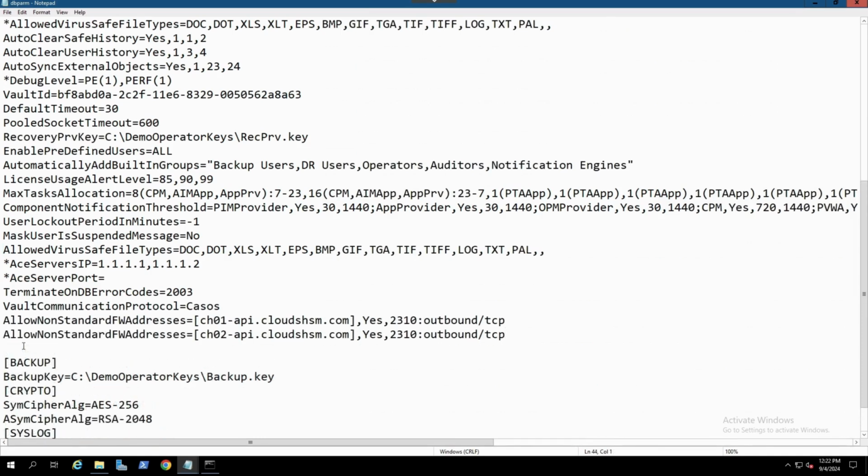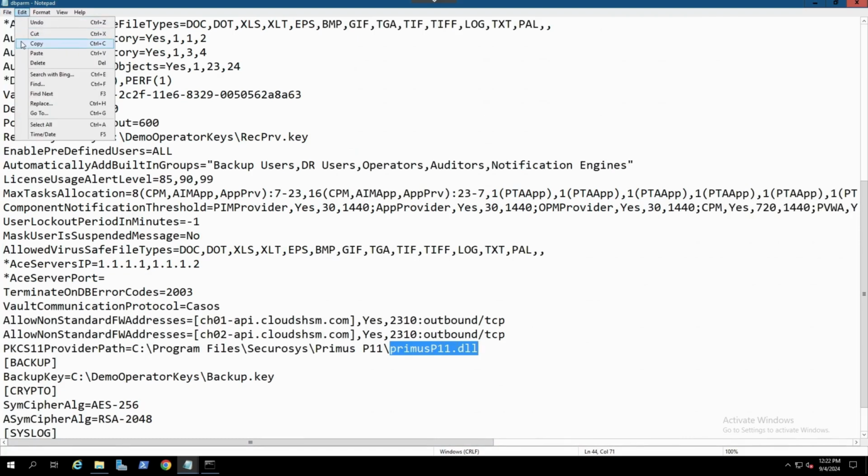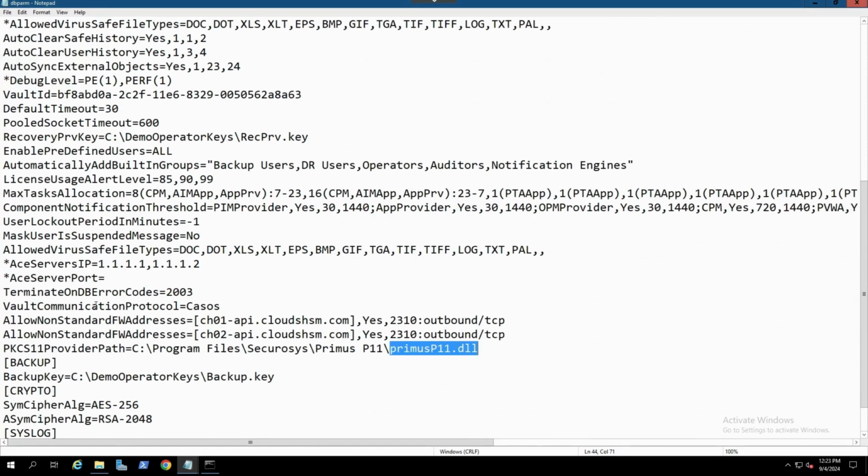Next, let's configure the path to the PKCS11 provider library using the PKCS11 provider path parameter. This library is included in the Primus PKCS11 provider folder, so we'll define the path to it. We'll save the file and move on to configure the PKCS11 pin, which the private ARC will use to connect